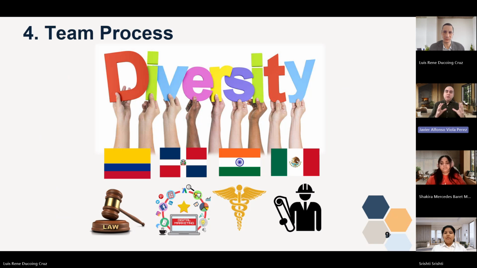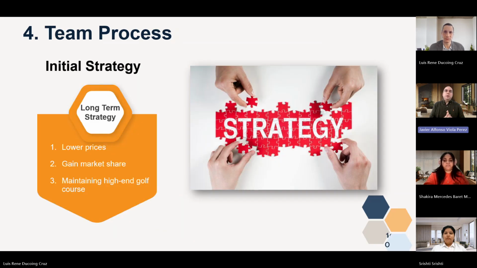So you can see how different we are because we have different backgrounds: a lawyer, a marketing professional, a person who worked in the medical sector, and an engineer. So at the beginning, we tried to keep everything democratic, with the decisions being discussed before or after the decisions were made. But it worked that way until year four, where we realized the results were not in our